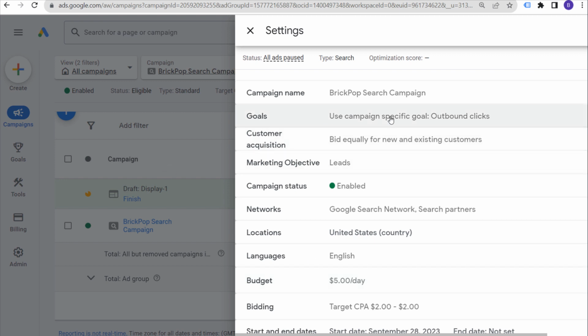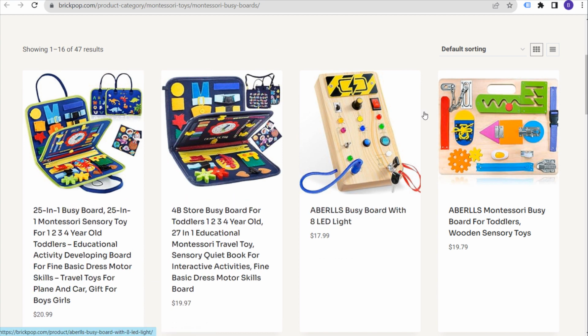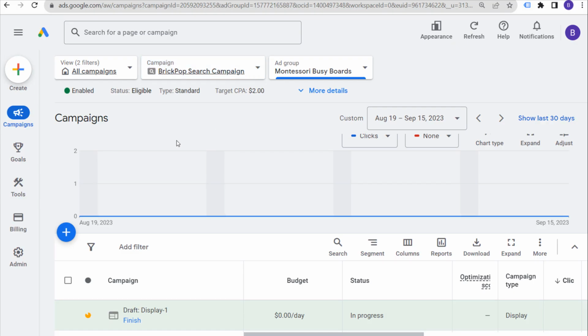Goals, you can see my conversion goal here is outbound clicks. So I want to get people to my website, and I want to get people to click on learn more and go to Amazon and hopefully purchase something from me. And that's really the ultimate goal, is to allow Google Ads to go into a testing period where you're looking at, okay, we're in our ad group for Montessori busy boards. We're targeting these broad match keywords. We have our multiple responsive search ads. Let's see how this performs, and let's see how we can improve and optimize this